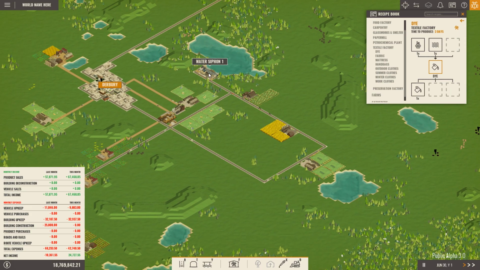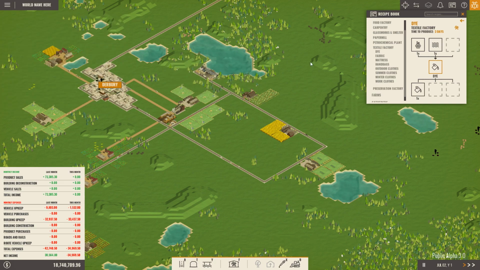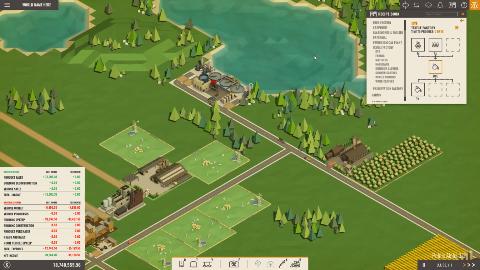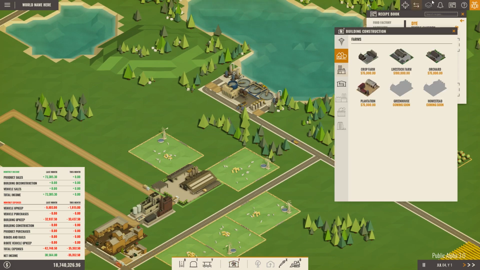Well, I'd have to make another water thing. Or I could start using the warehouse and truck. Because we have plenty of water coming from here. So let's take a look at these